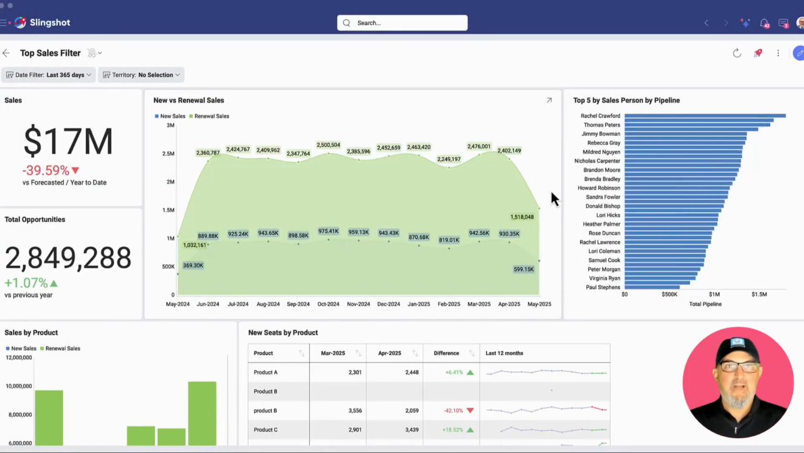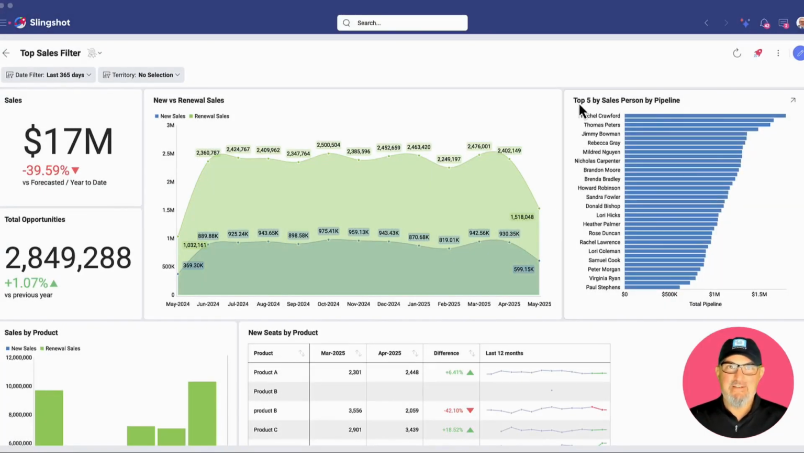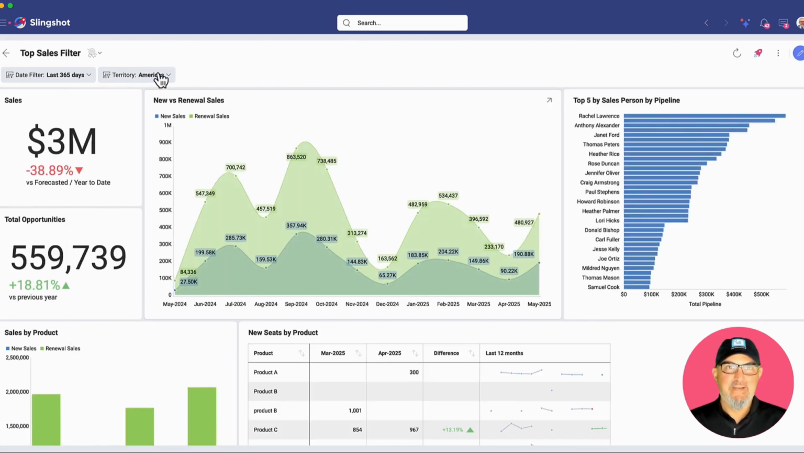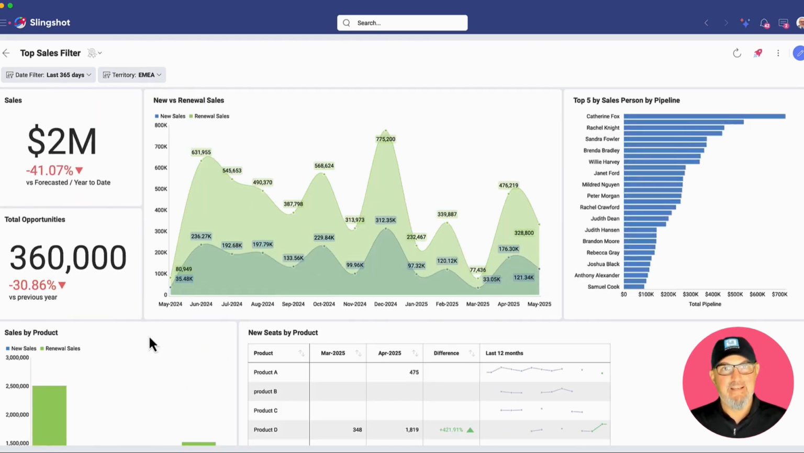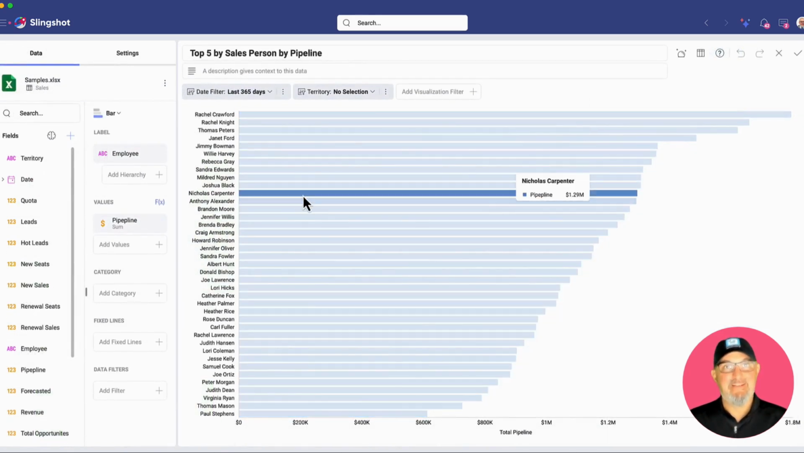In this example, I want to change my salesperson visualization to just show the top 5 salespeople by pipeline. And I want to make sure that when I do a filter, it correctly gives me the top 5 people in that specific territory. We'll go ahead and click edit, and I'm going to edit my top 5 sales by